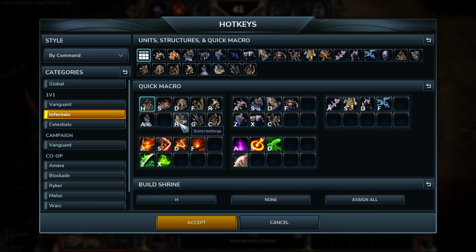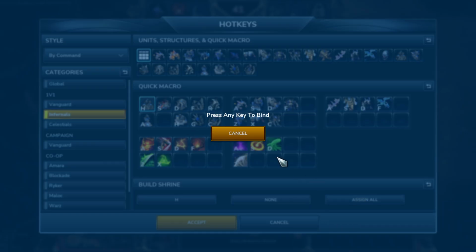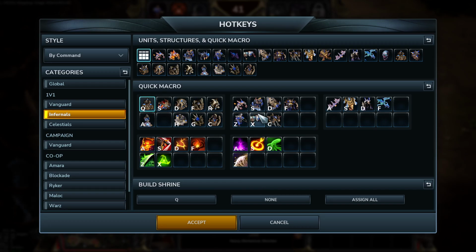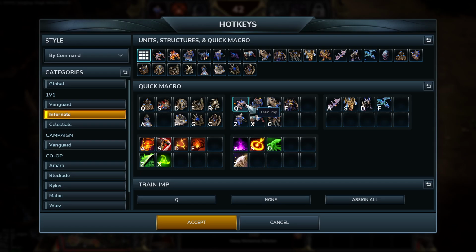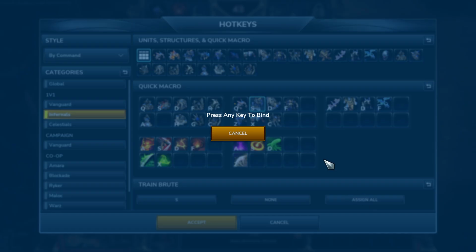So, let's go. You can go Q. I'll put shrines on Q and we'll be fine. With imps, I'm going to move them over to Q. That's typically my worker building hotkey. You can see a little bit of the new brute there. For brutes, for me, I've always...